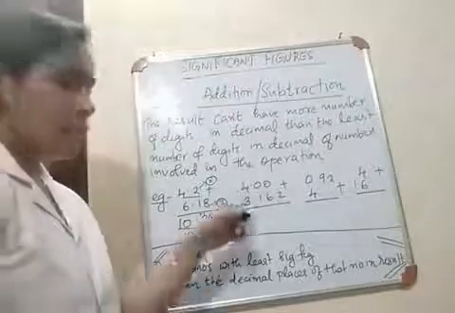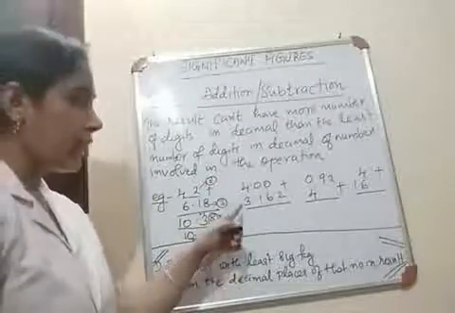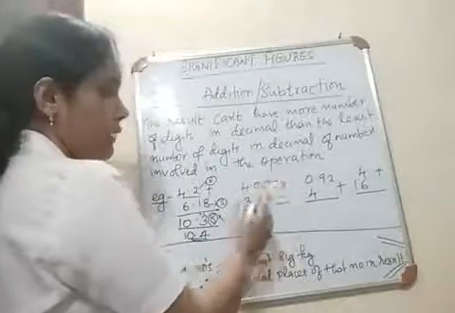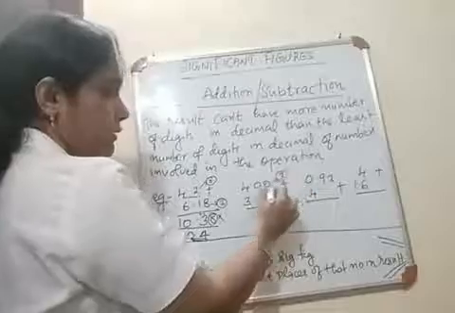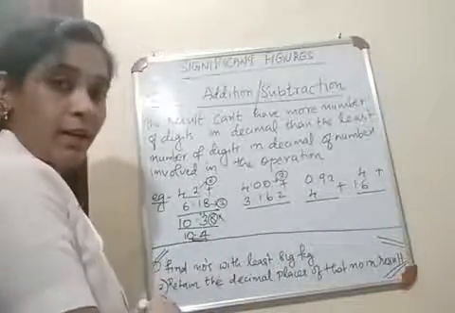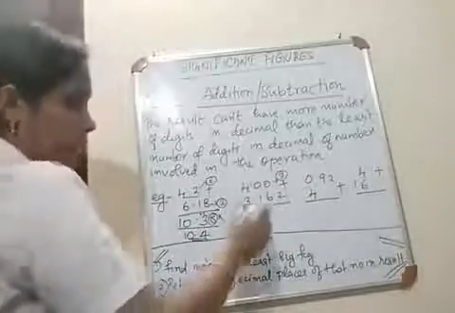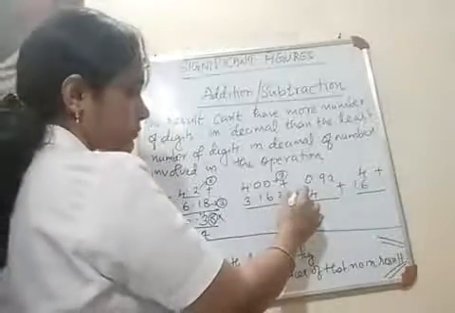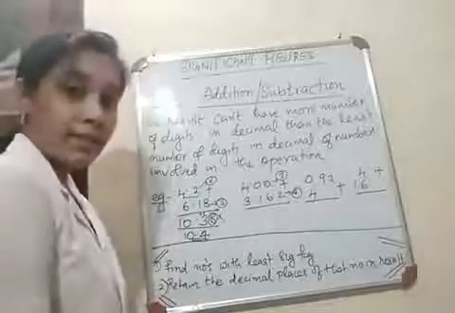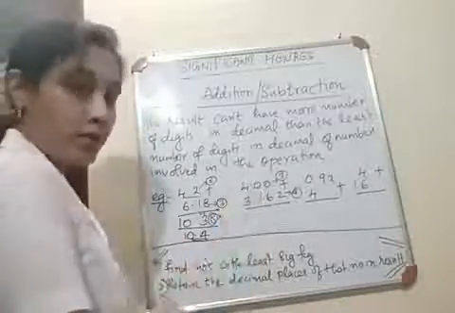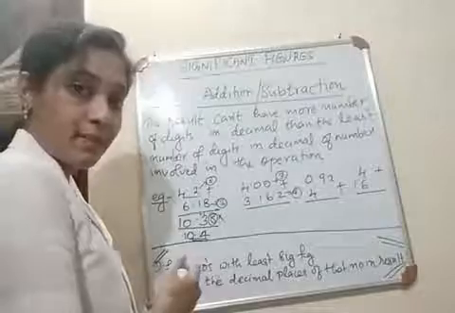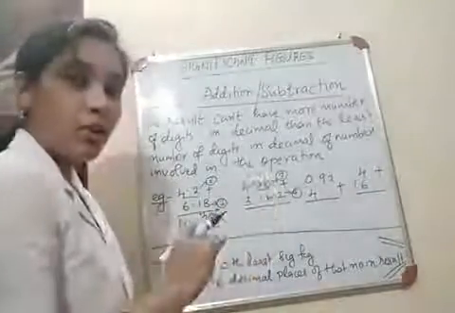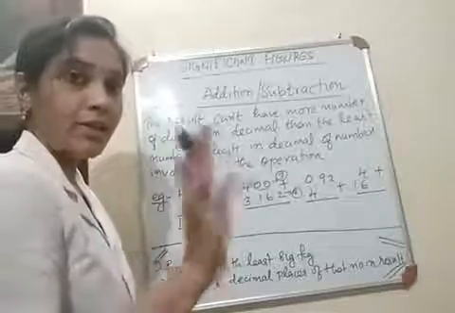Okay children, let's do the second numerical. So here, what is the significant figure? Here the number of significant figures is 3. These are trailing zeros and it is a decimal number, so all the 3 digits are significant. And here how many significant figures are there? 1, 2, 3, 4. So which is the number with least number of significant figures? 4.00. And how many decimal places are there? 2 decimal places are there. So in the result also you must maintain only 2 decimal places.